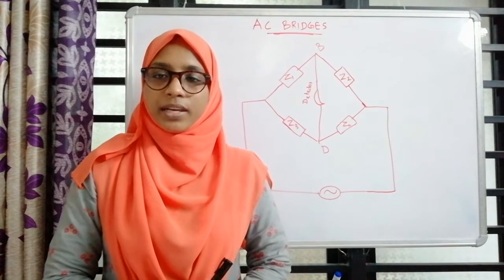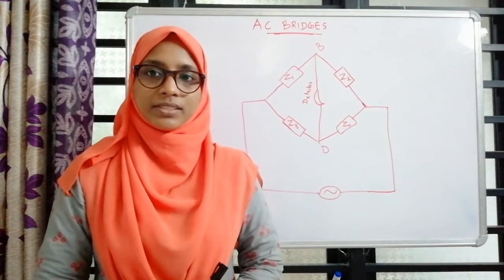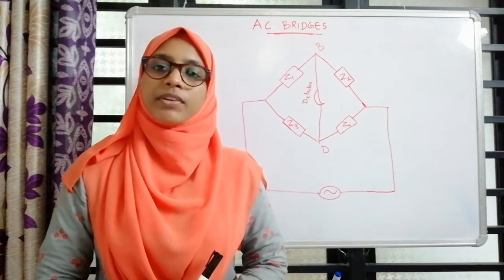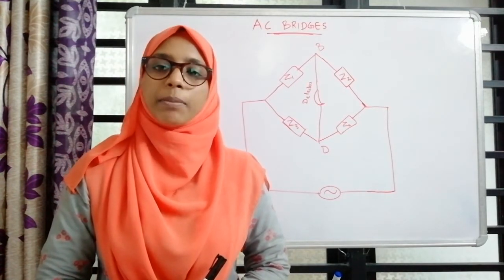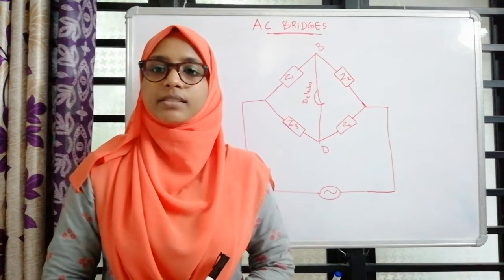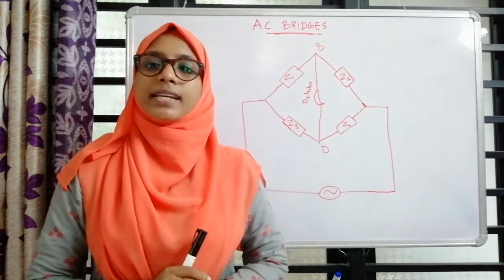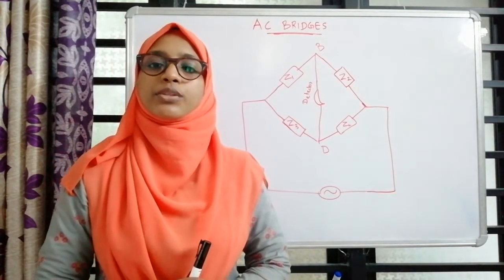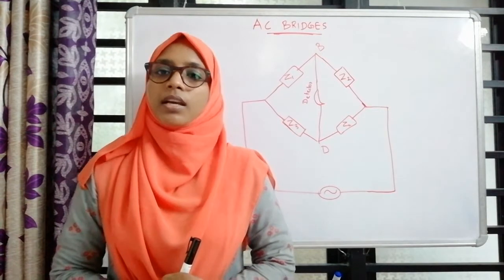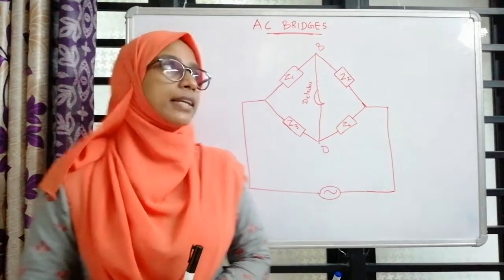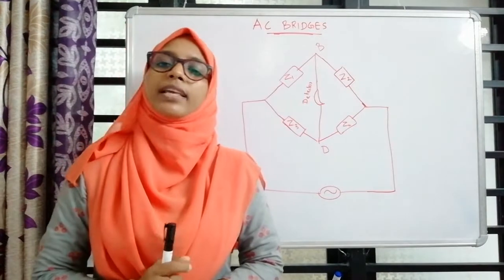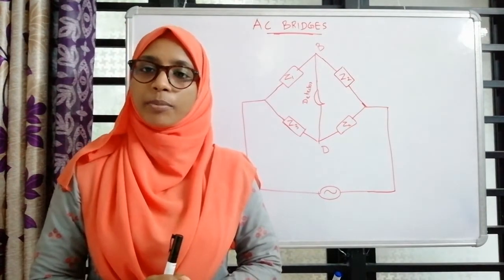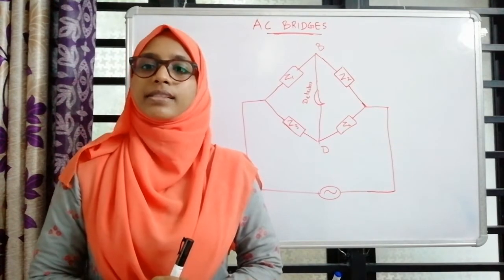Hi dears, today we can discuss the AC bridges. In the previous classes, you have studied the DC bridges. In those cases, we used the Kirchhoff laws and Wheatstone's bridge balancing condition to solve the DC network. That can be applied in the case of AC bridges also. The only exception is that impedances replace the pure ohmic resistances in AC bridges.